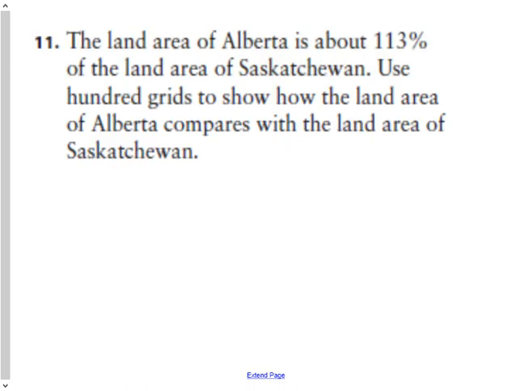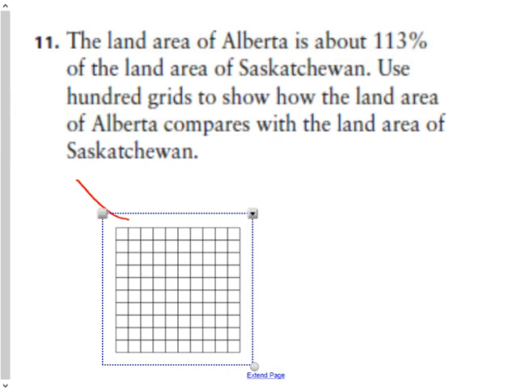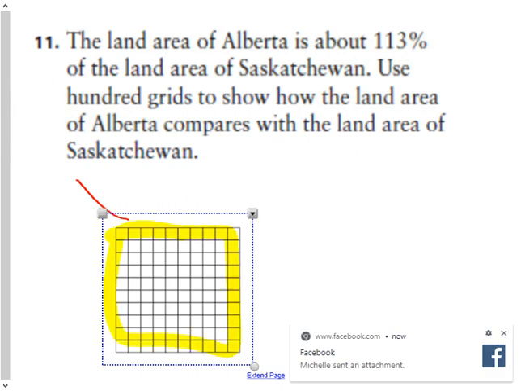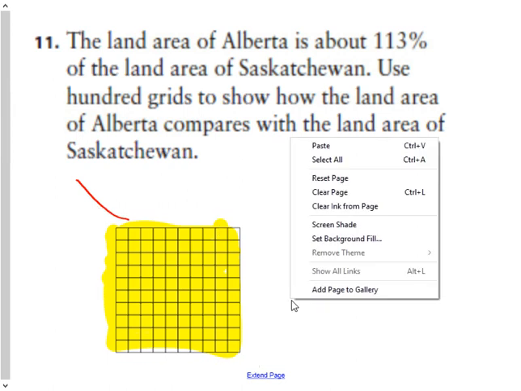Question 11, it says the land area of Alberta is about 113% of the land of Saskatchewan. So if I was to right-click here and paste, and I was to shade this all in right here, this would represent 100% of the land in Saskatchewan. And if this is 100% of the land in Saskatchewan, if Alberta is 113% of that, then when I put this one in,